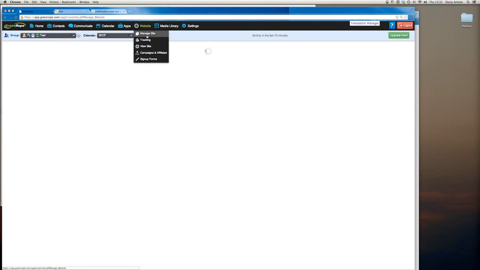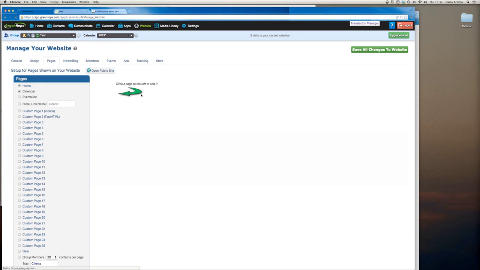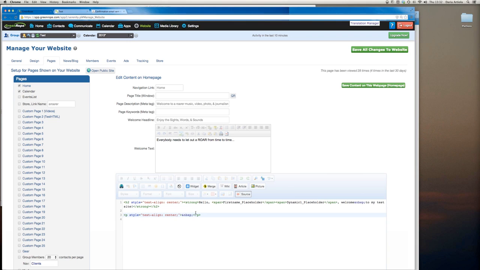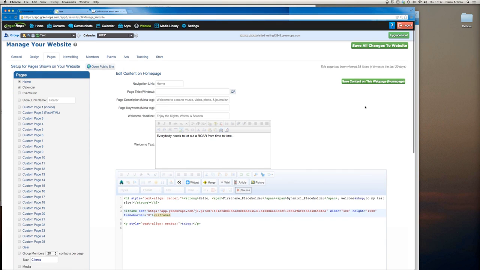oops, go back to the website, pages, home, and I'm actually going to remove this. I'm going to go to the source code, and I'm simply going to, after this header, pull in the iframe, and again, I can mess around with it. I think the height is going to be well near maybe 1,000 pixels because it was a pretty long form, and the width is probably not going to be that much, maybe about 400. So we'll just play around with that and see what it looks like. Save changes,